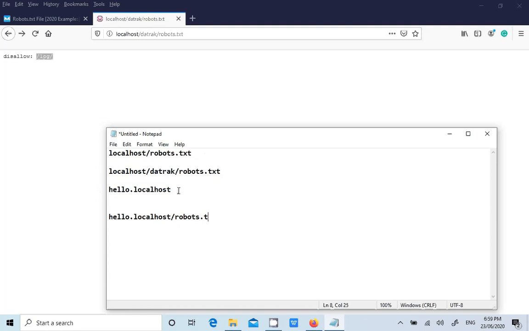hello.localhost/robots.txt. And also, many times you cannot see the robots.txt file in a particular subdomain. For this subdomain, hello, there is one extra dot, right? Dot and website name. So what you need to do is remove hello dot, and then check it on the main domain instead of the subdomain. I'll also talk about subdomains and main domains later. Then just three variations, guys.